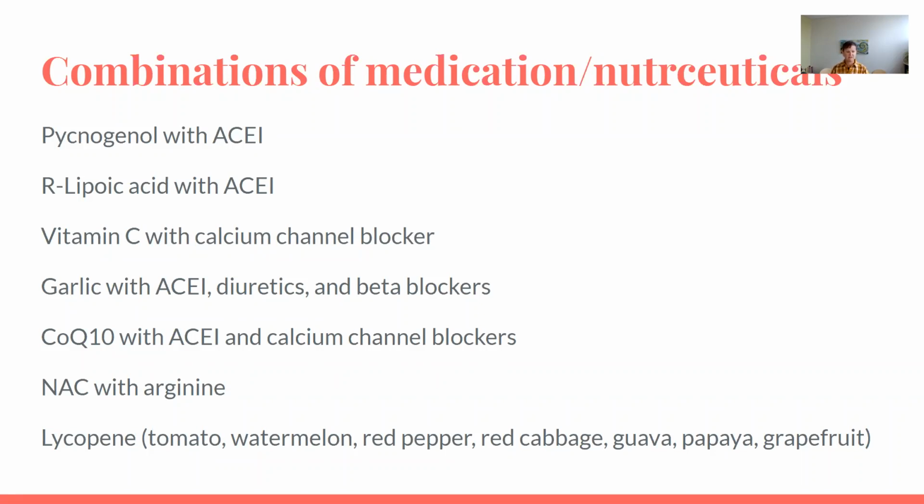NAC, which is N-acetylcysteine, which we've talked about in terms of immune support, is helpful with arginine. And then lycopene, which we talked about before, and a lot of times those are red things, minus, you know, guava, papaya, grapefruit, but lycopene-rich foods can be really helpful. And I think with that,